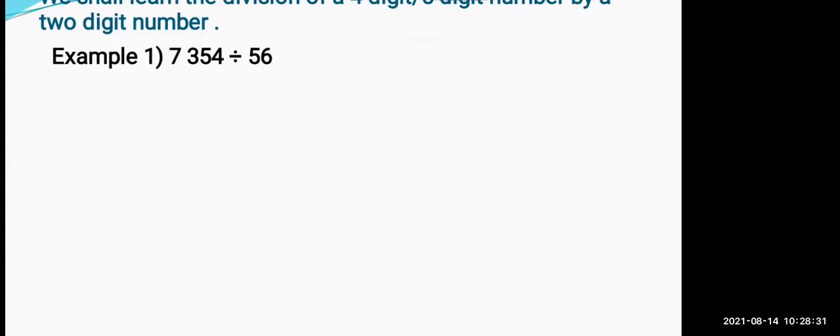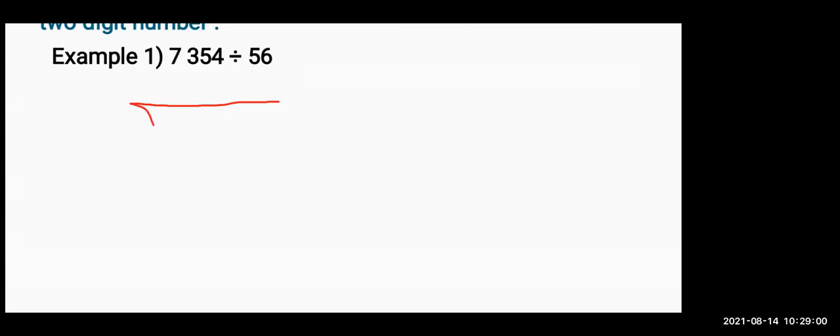See, in division, the main thing is you have to concentrate on what is the dividend, what is the divisor, what is the quotient, and what is the remainder. I'll explain to you one by one how you are going to identify all the 4 concepts of division. First, how you are going to write down the division. Here you will put one line and a curve. Now here you will write 56 and